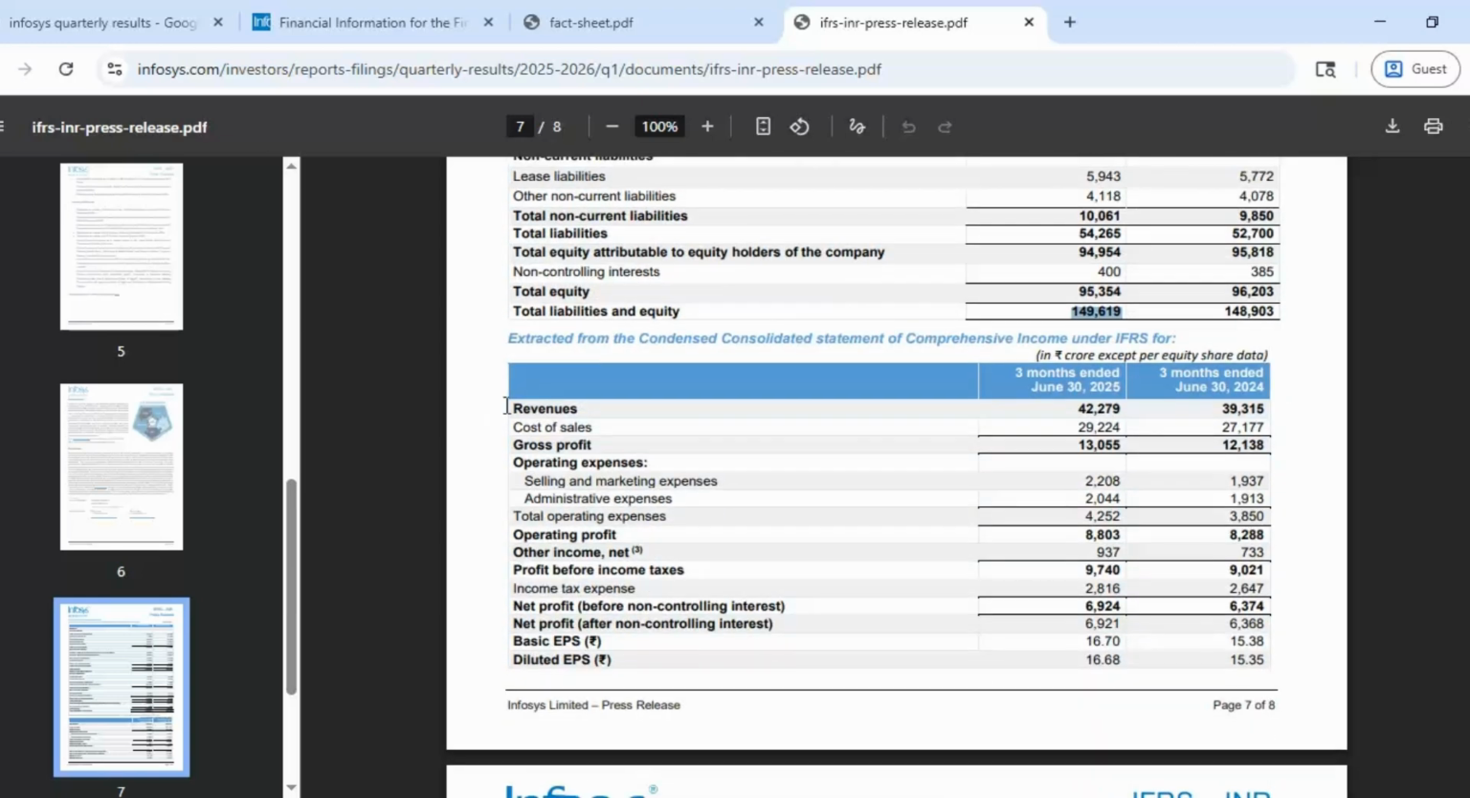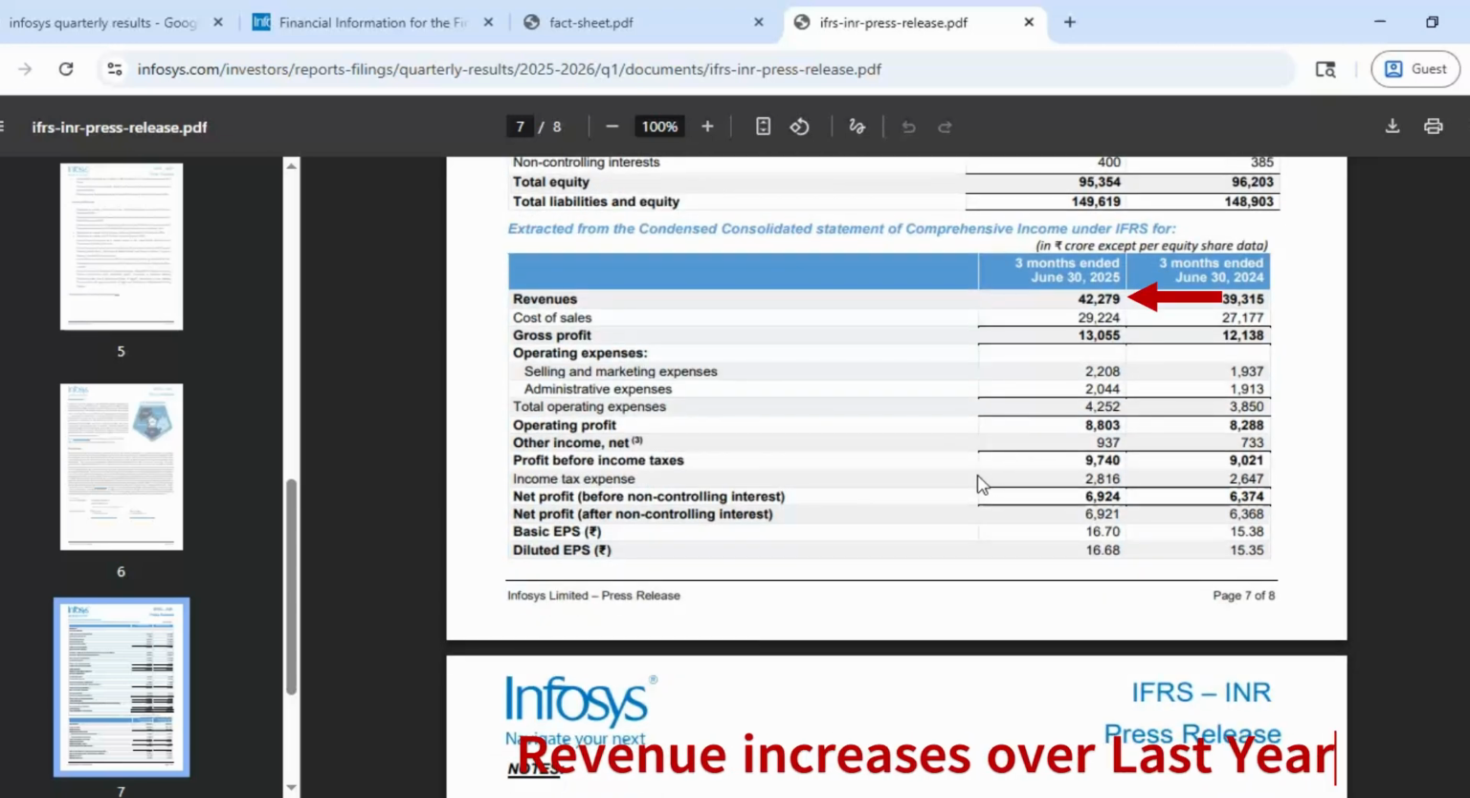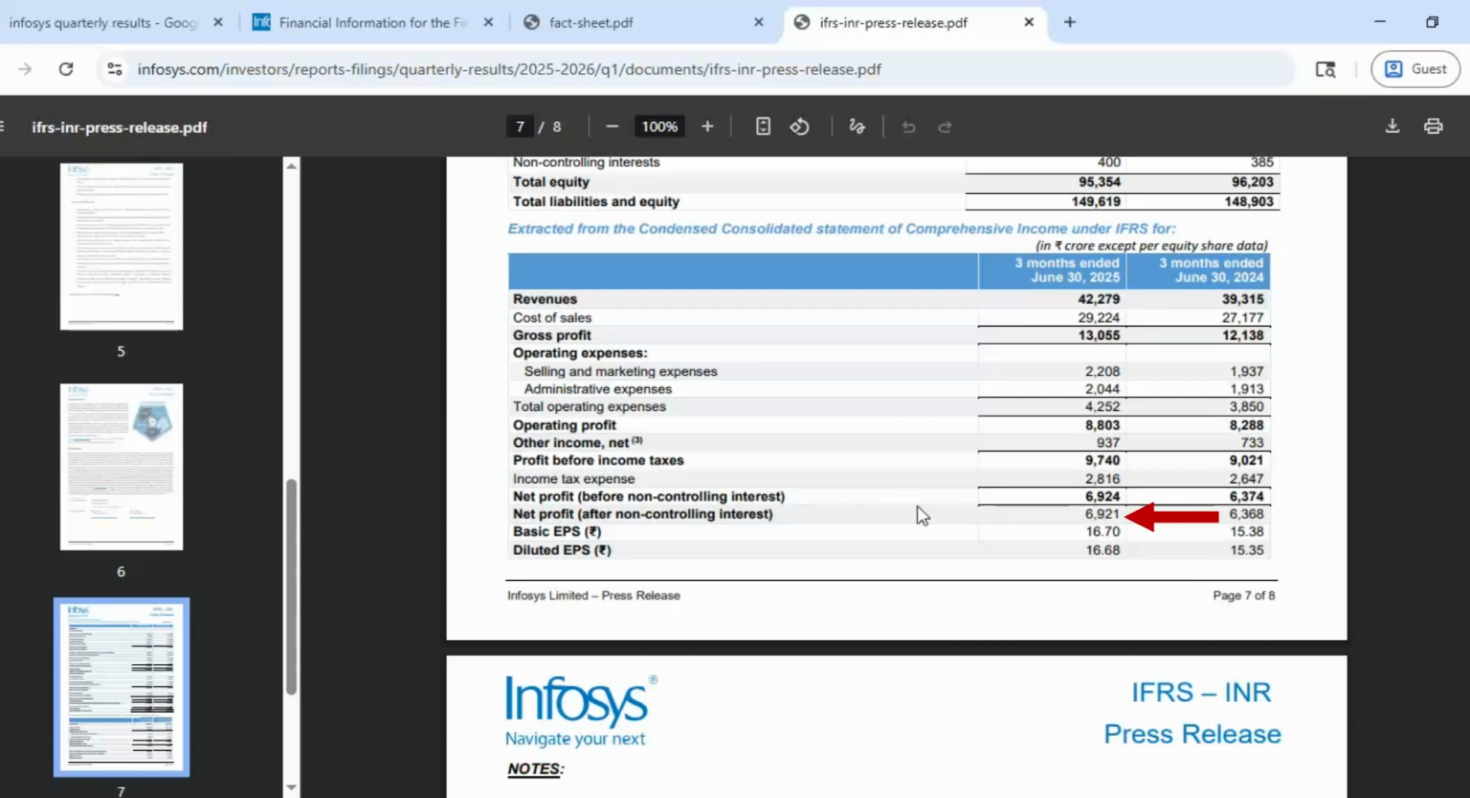And if you come a little down, they have mentioned the revenue. If you see closely, they have mentioned 42,279 crore revenue in Indian rupees as of June 30, 2025. That is their revenue as of now. So this is the total Infosys earning this quarter. That's good. Now if you see the net profit, this is before interest, and this is after interest, 6,921